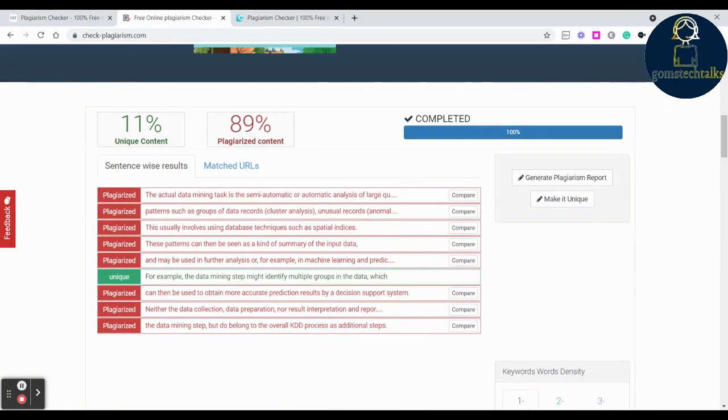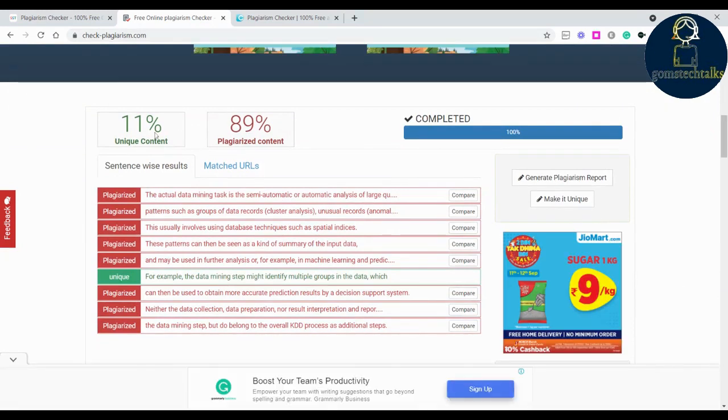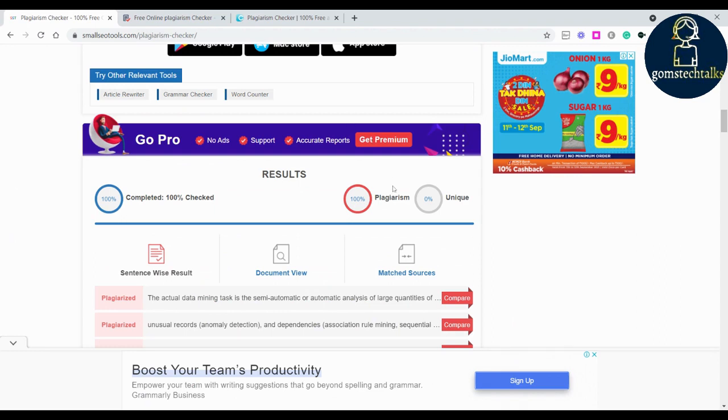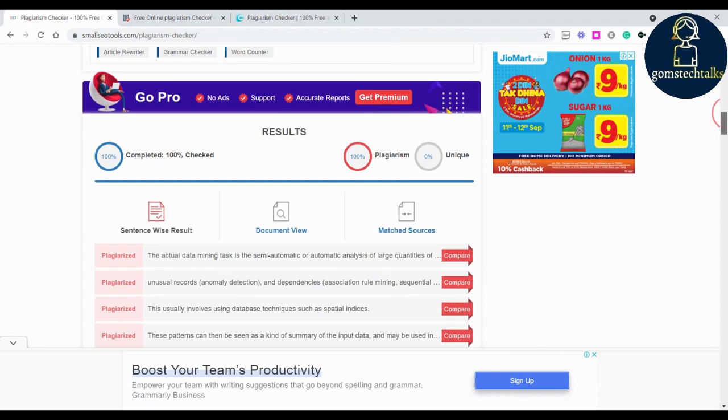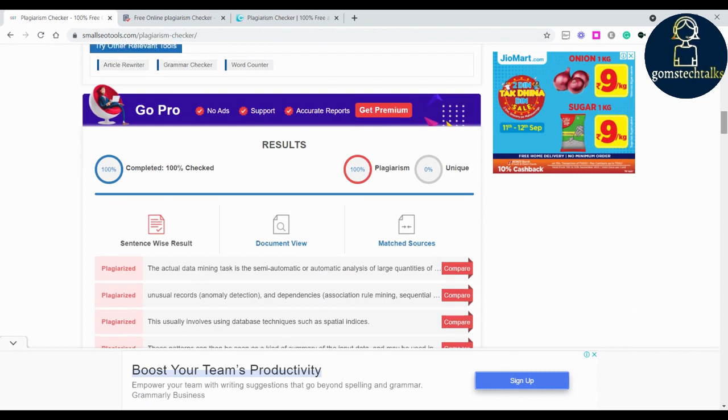See here it is showing 89% plagiarized and 11% unique, right? But here it shows 100% plagiarism. That is why I told you to check in at least 2 to 3 websites, so that you will get some confidence. Because almost every university or